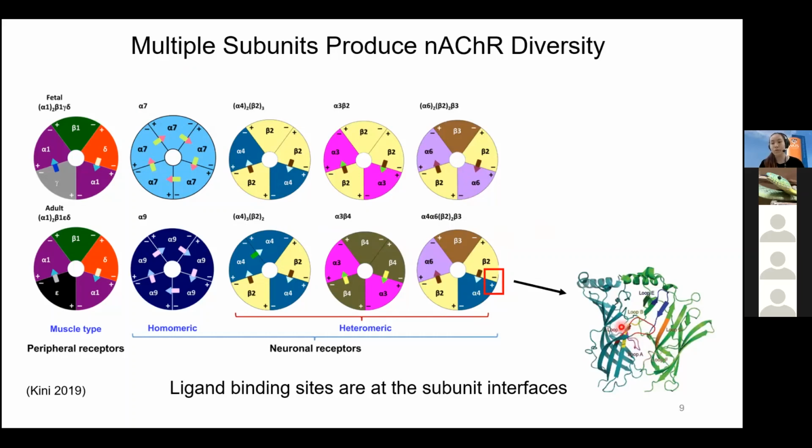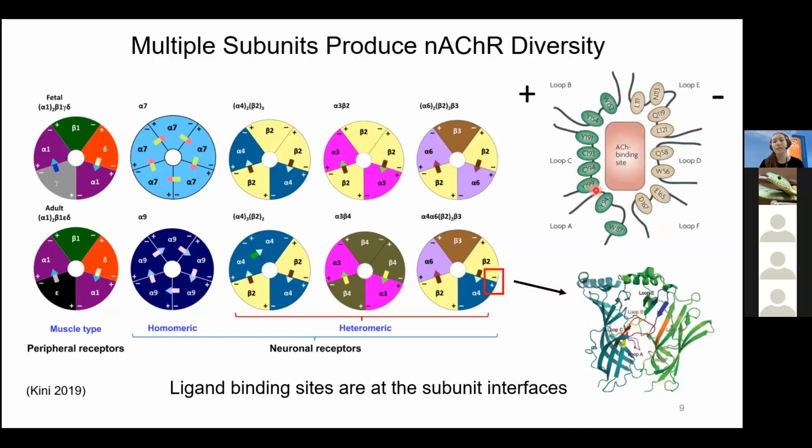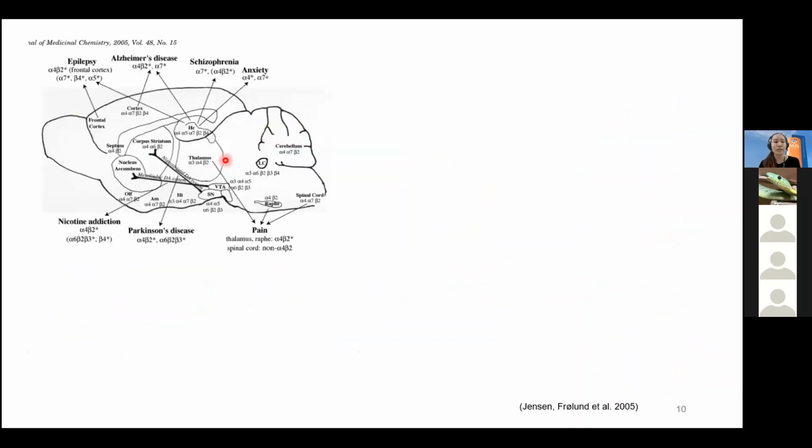So you have loops A, B, and C contributing to this binding site, as well as loops D and F contributed by the complementary phase, the non-alpha subunit, contributing to the selectivity in this binding site. And then this is the cartoon diagram showing the important residues, mostly aromatic residues that are involved in the acetylcholine binding site. So because of this diversity, different subunits can combine to produce full receptors that have different physiological and